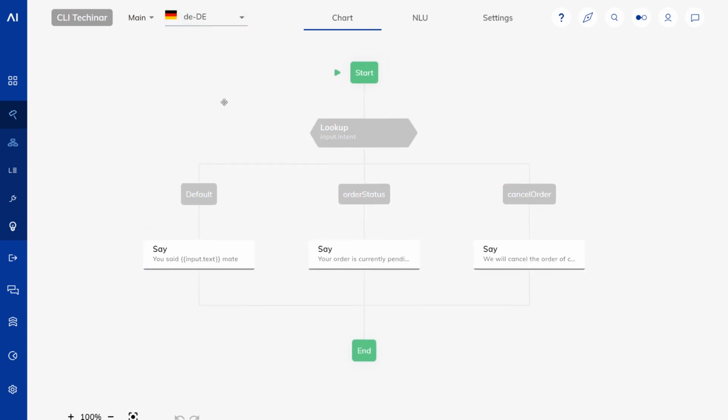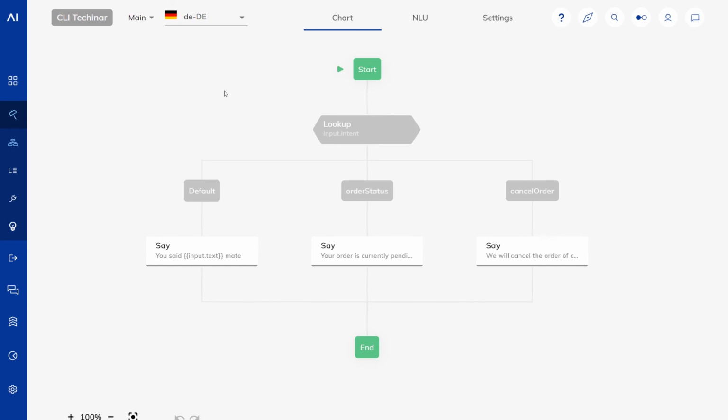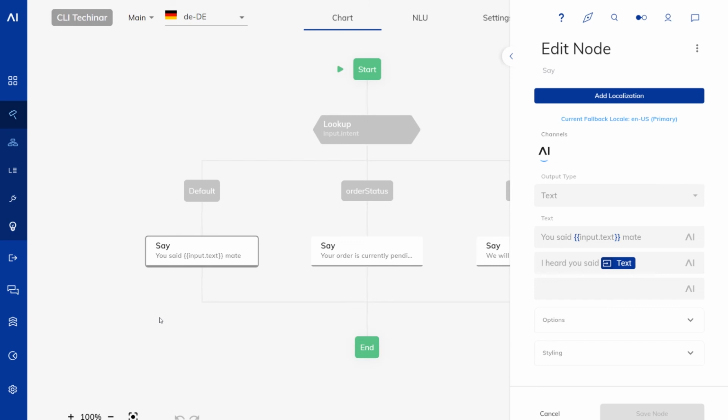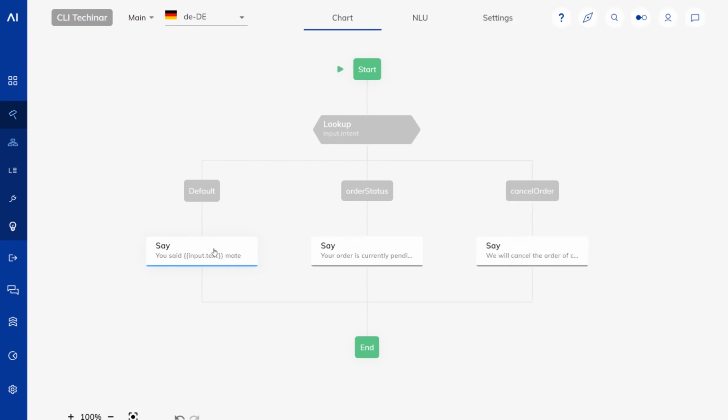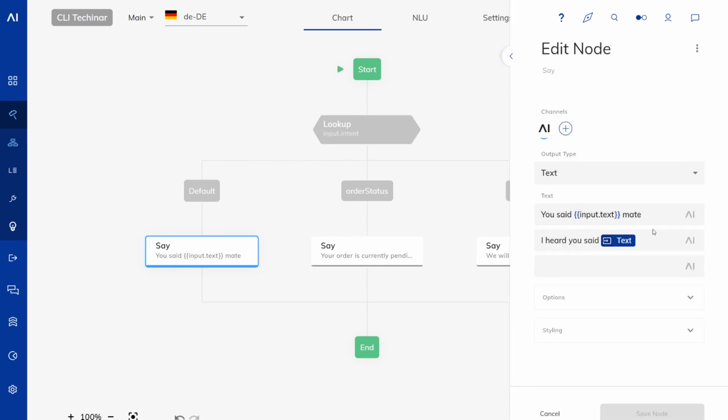And we can see which flow nodes have been localized depending on if they're colored or not. So for example, this node has not been localized. It's currently falling back to the English locale when it's hit. And we can add a localization using the UI here. We can add an empty localization or copy it from another language. You can see now it's colored. And we can now make those changes here.